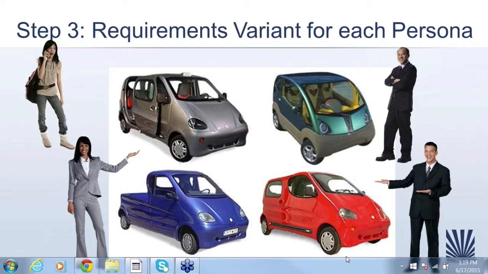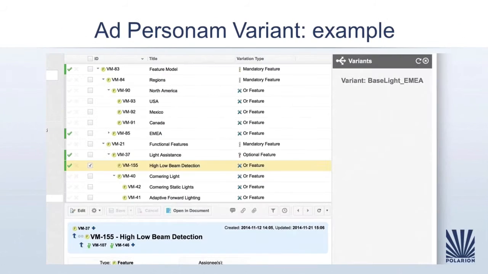So here's the example. Again, it's the personas that are variants. An example here is that we have the high and low beams. This is really based on the country, and so the type of light is identified based on whether it is a mandatory or an optional feature. So the persona is actually country-based, and then you have a selection of features that are based on that particular